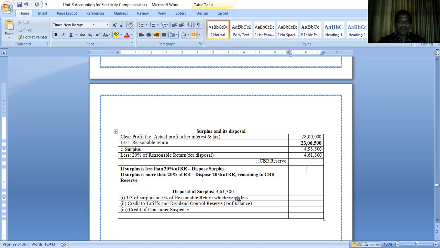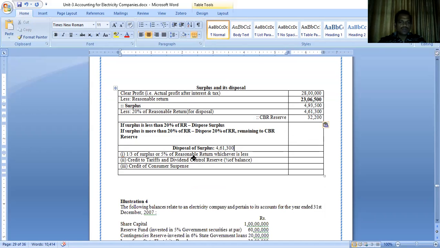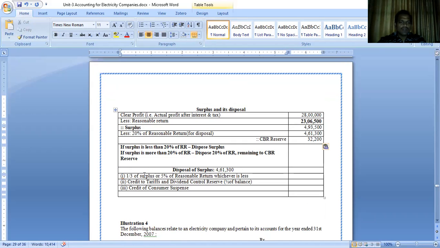So the remaining balance we have to transfer to the customer benefit rebate reserve, 32,200. Okay, so this 4,61,300 we have to dispose of according to the three criteria. So 1/3 of surplus or 5% of reasonable return, whichever is less. So it comes around